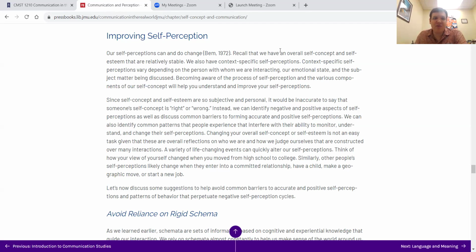We have an overall self-concept and self-esteem that's relatively stable, but we also have context-specific self-perception. So you may have a good self-concept overall, but maybe in this one workplace, in this one friendship group, you may say, hey, I'm not very competent here. It could be one class in school. Hey, I'm great overall, I'm a pretty good student, but I'm just bad at math, right? Some people say they're bad at math. I don't think anyone's just naturally bad at math, but that would be a whole tangent. I just think people are more experienced or less experienced with math, and getting the opportunity to learn those basic concepts would be helpful.